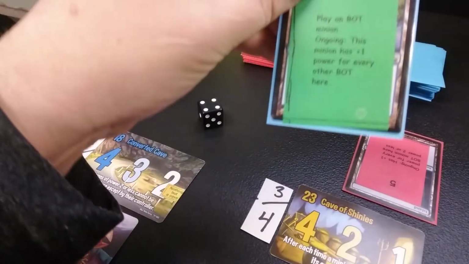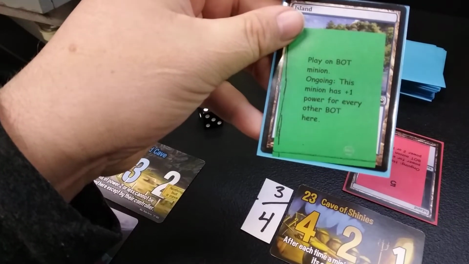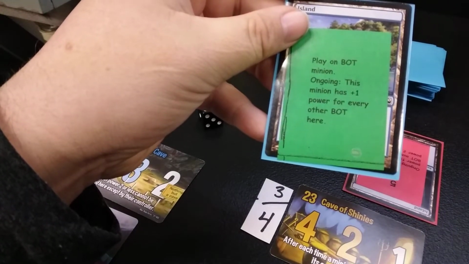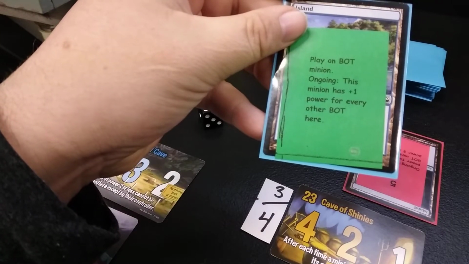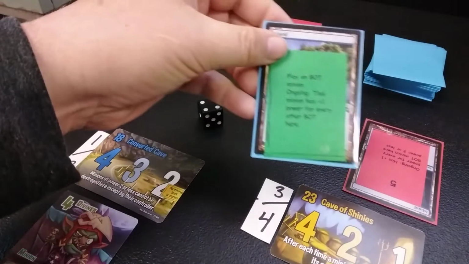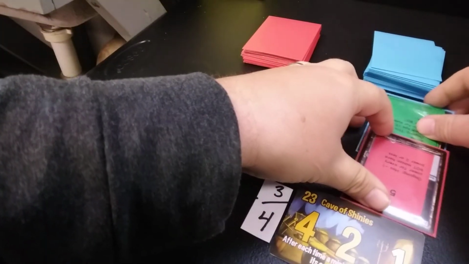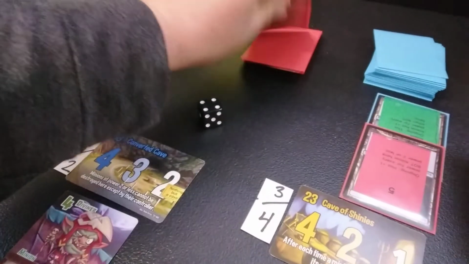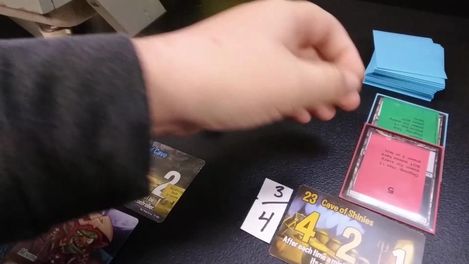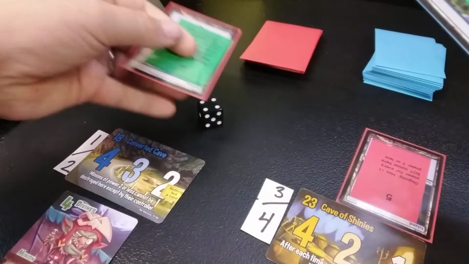Then you go ahead and play an action. You read the action, play it on the bot minion, read the action, and you follow what it says. Now, since there are no other bot minions out here, this will automatically get played on this minion right here. But in the case of there being other bot minions out here, like let's say